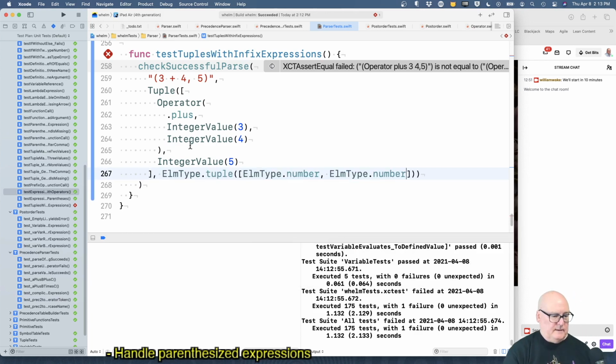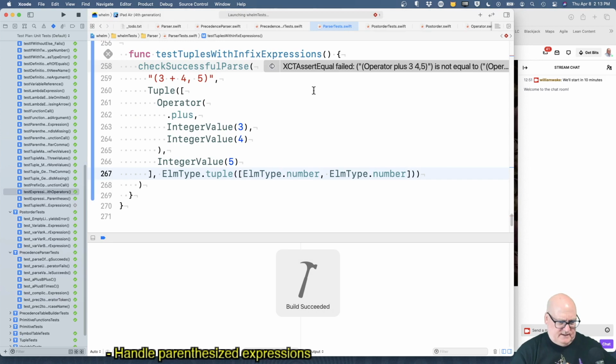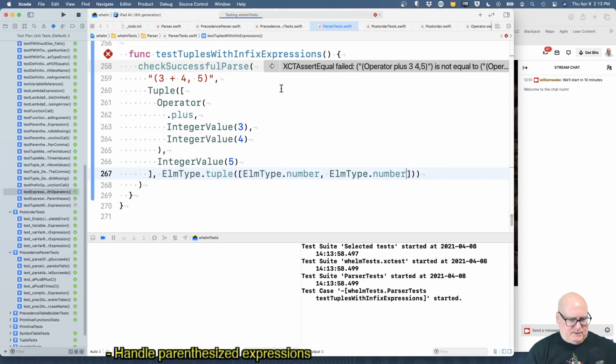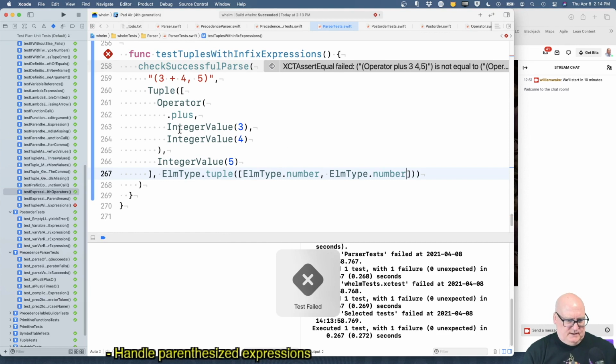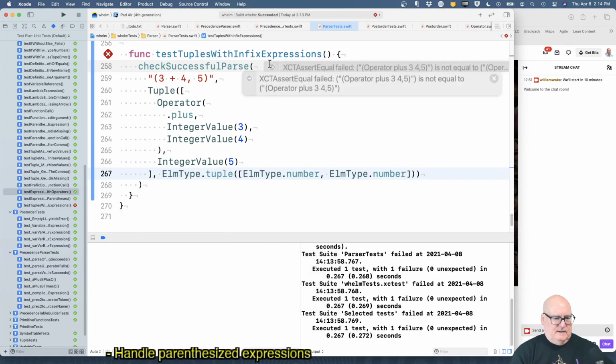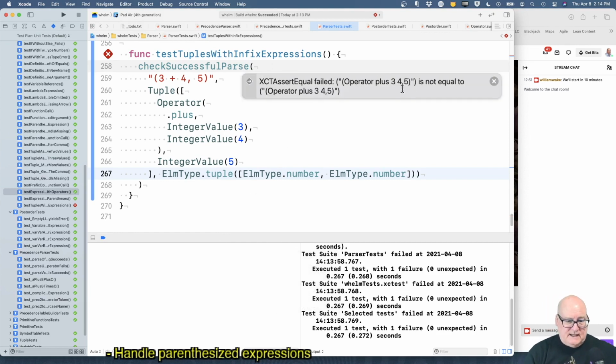Okay. And I'll run it. Yeah, our message there could be better if it had the types with it too, because it's hard to see. I mean, it looks like it's the same, but